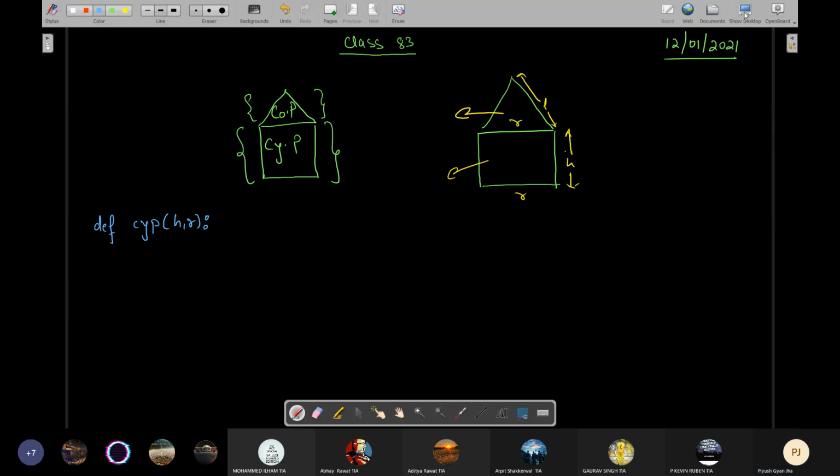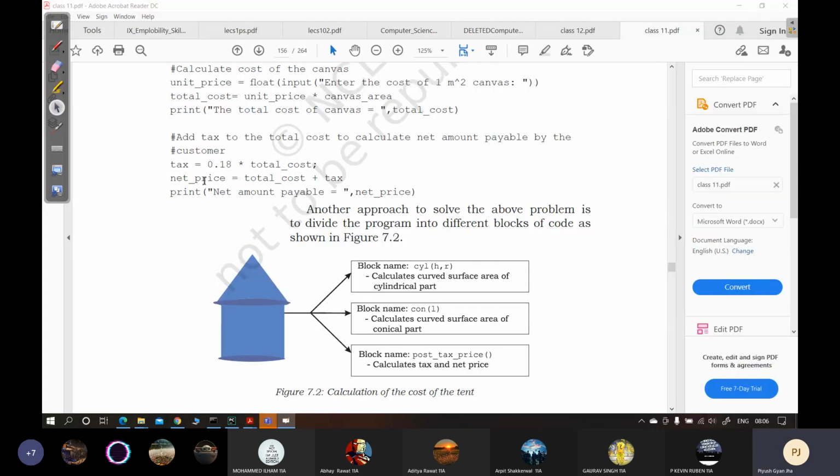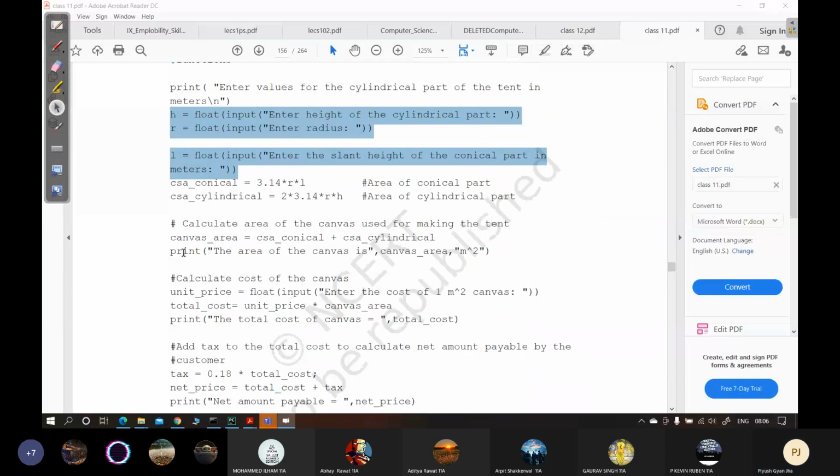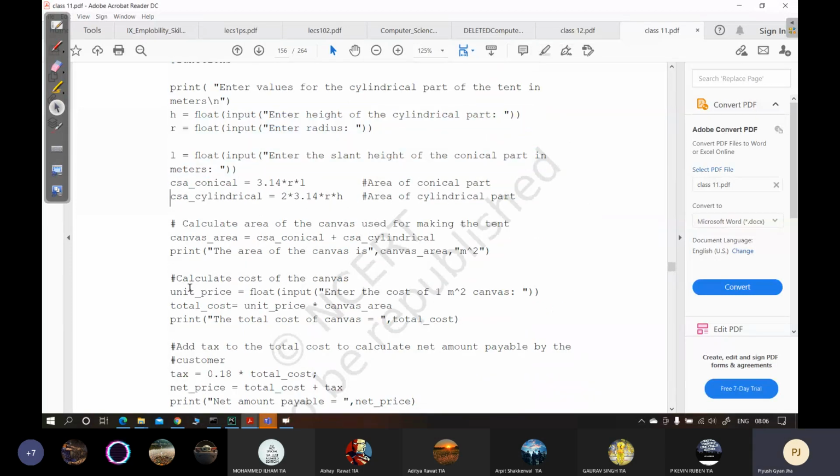Then you can find this thing, C, as the curved surface area of the cylindrical part.